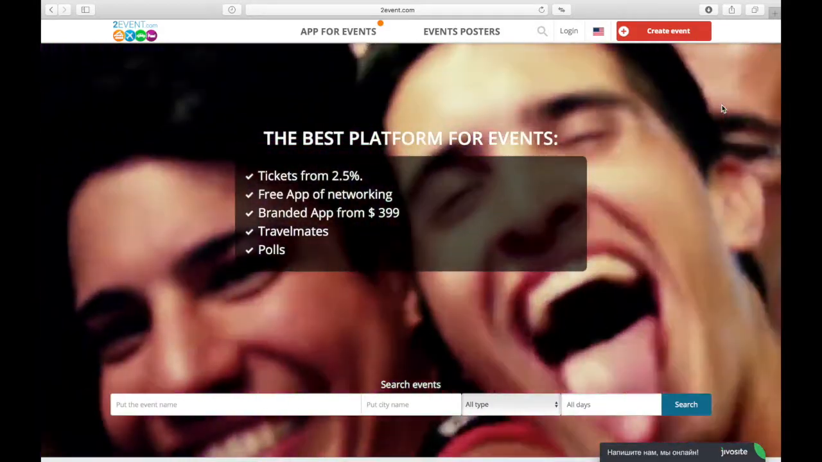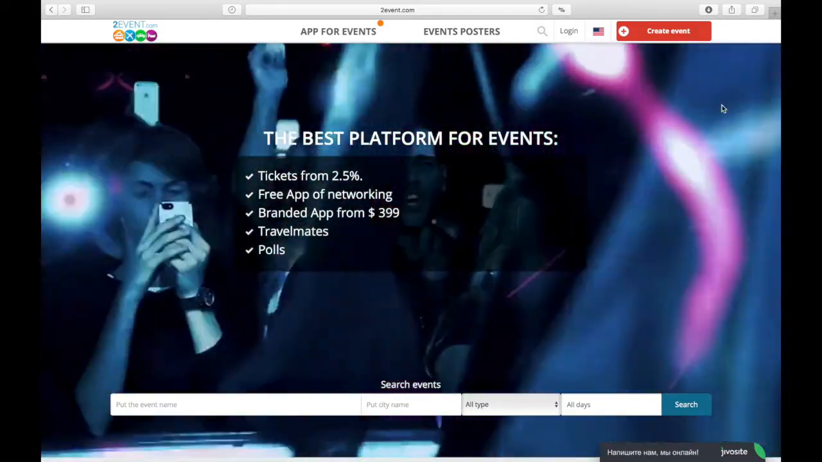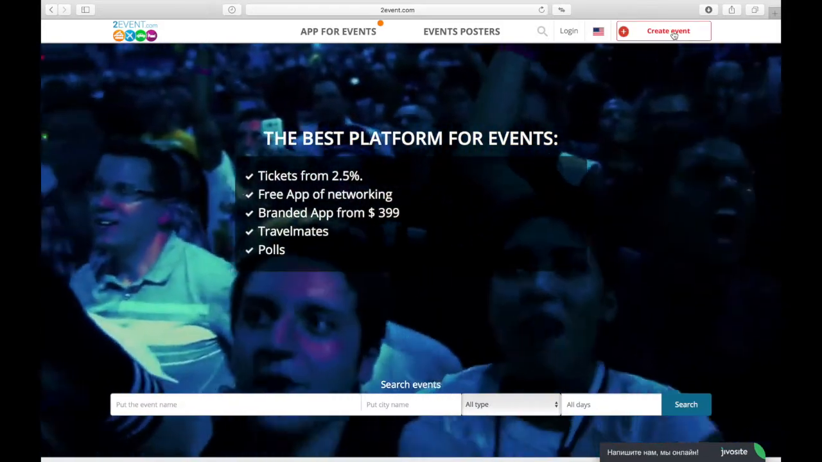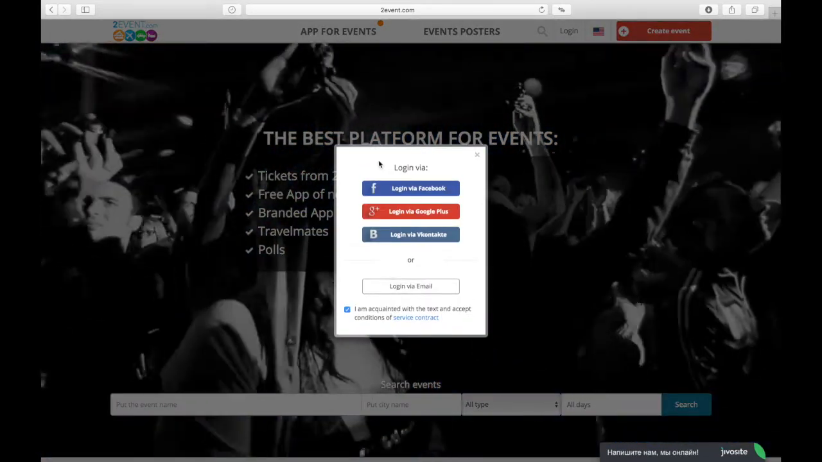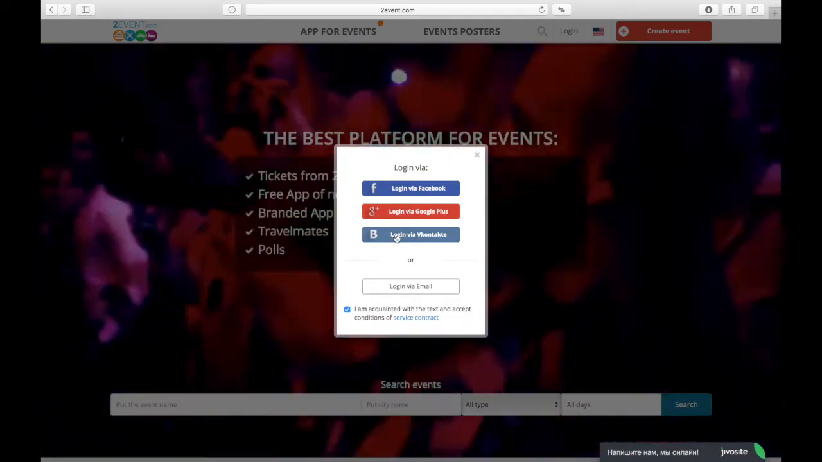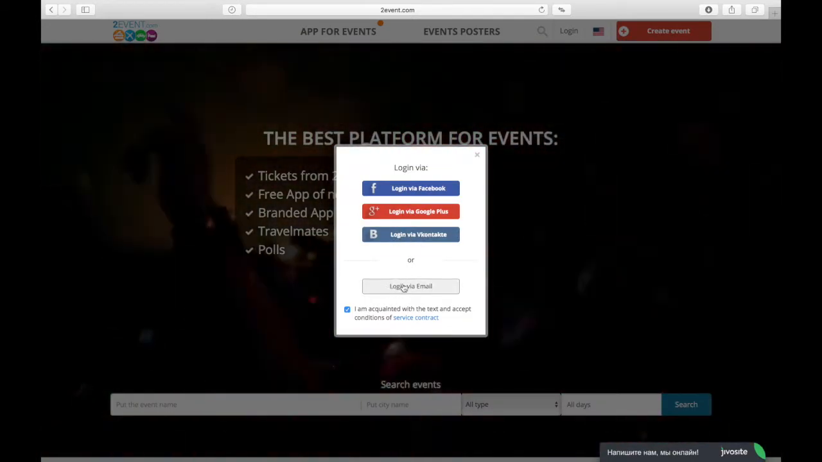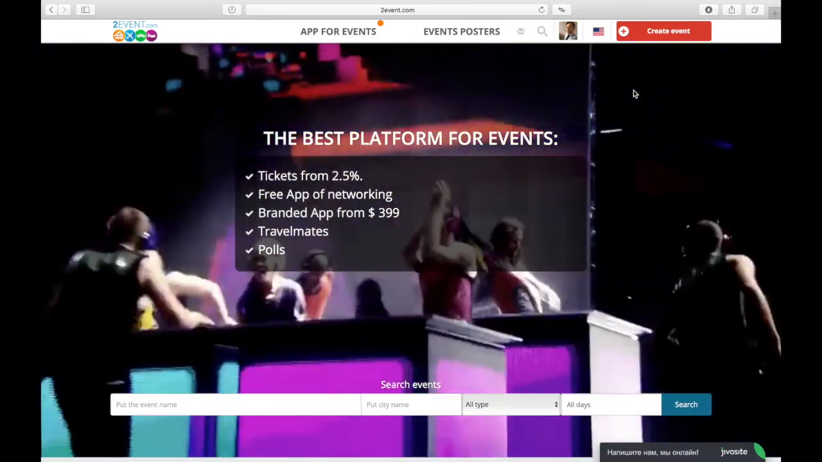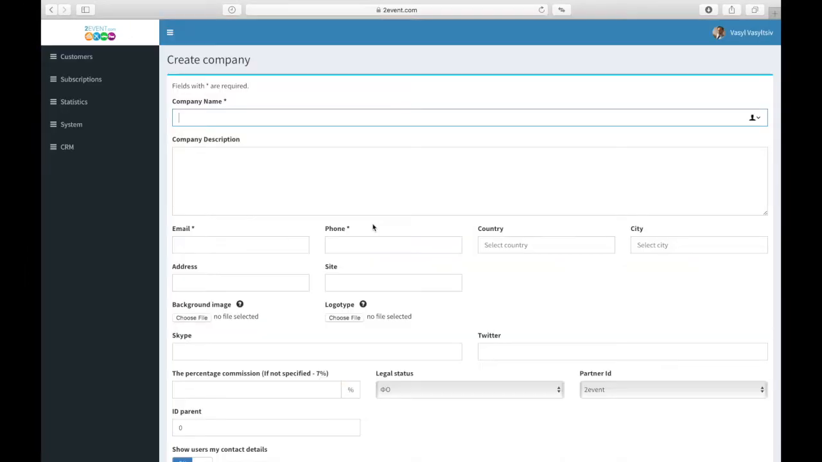To create the event, all you need to do is just press the button Create Event. After that, log in via Facebook or Google Plus or wiki.com or your email. Once again, you need to press the button Create Event. And you'll find yourself at the Create Company page, where you need to fill out the company name, description about your